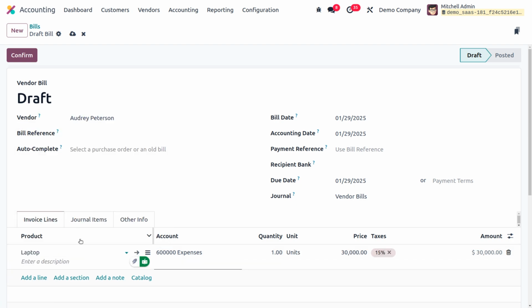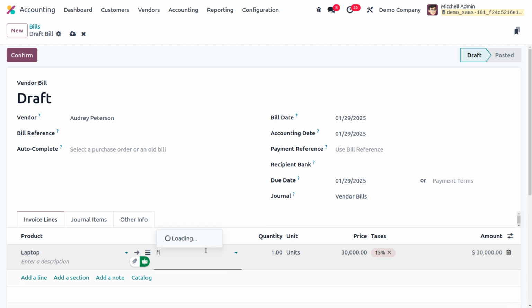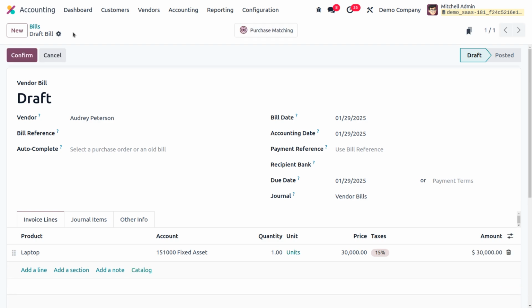When you fill out the details of the product here, you need to make sure that you have provided the proper account. As we are dealing with asset management, we have to use the account accordingly. Here you can see that I have used the fixed asset account and I'm going to manage with one quantity. And we have used the automation in asset creation in draft state.